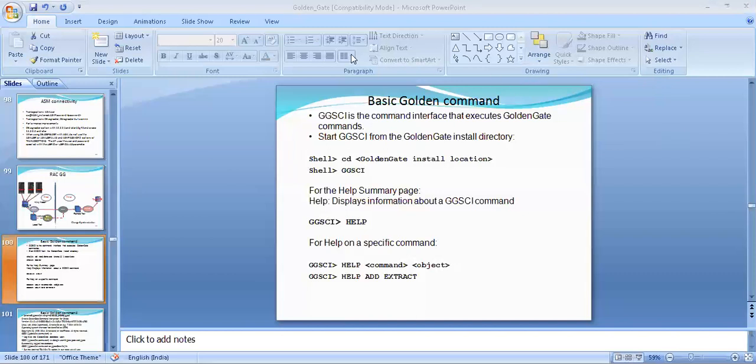Okay, so LogMiner will be reading the logs directly in integrated mode. In integrated mode, LogMiner will be reading online redo logs directly instead of archive logs.